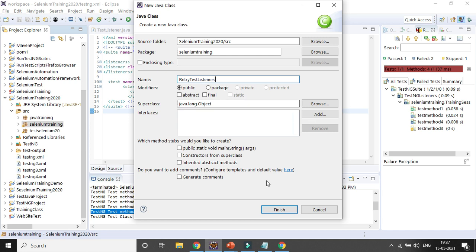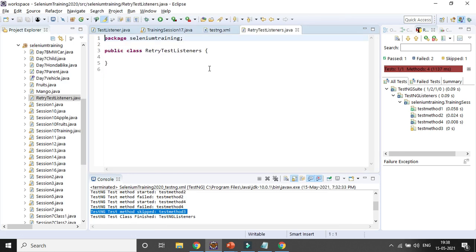Okay, that is the class name I am giving. I am not selecting the public static void main method because it will be implementing something, and we are not running that class, right? Which will be implementing the IRetryAnalyzer interface.